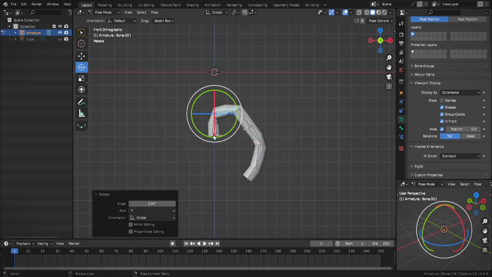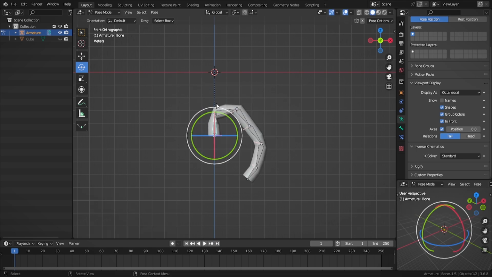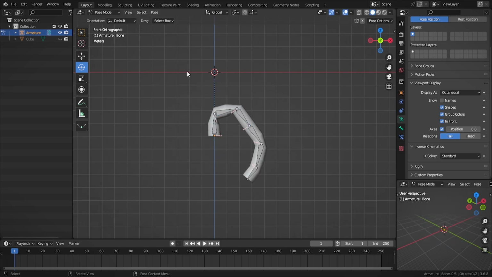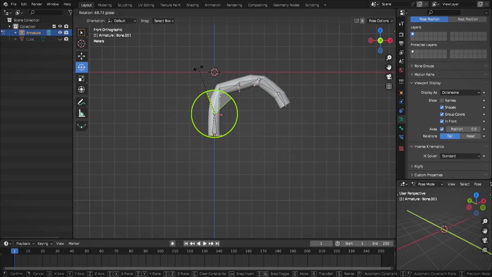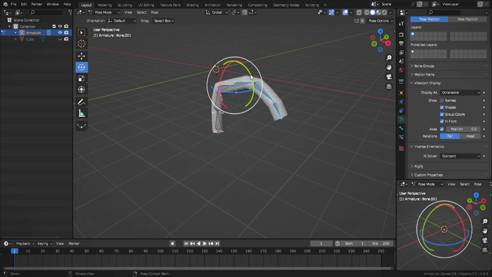So rigging can be easy or can be hard, depending upon the project you are working on. For example, you can see this example. It is very simple to set up. You don't need that many hours to rig something like this. But when you're working on a complex mesh,